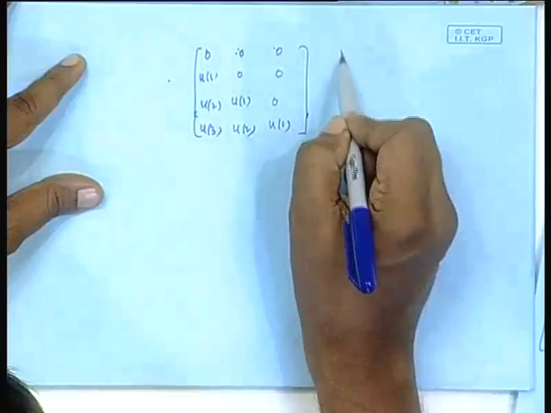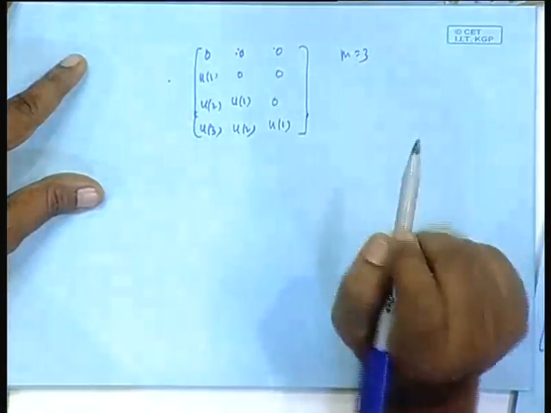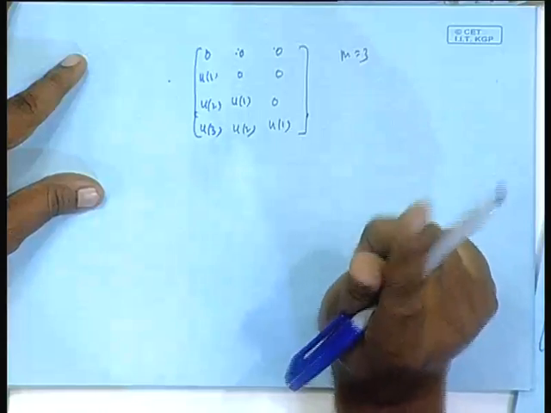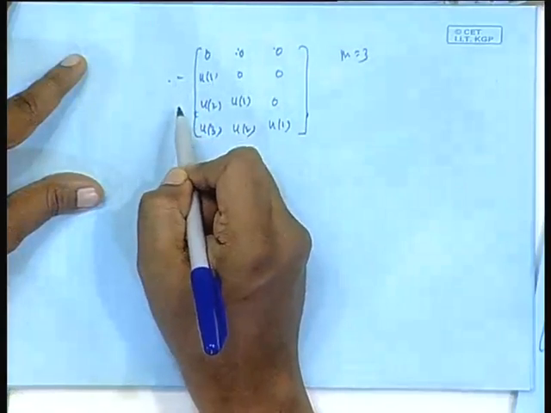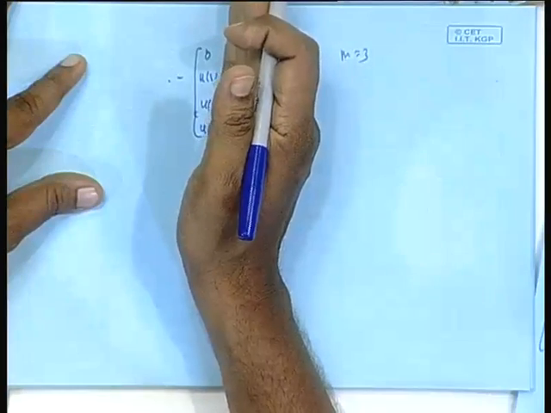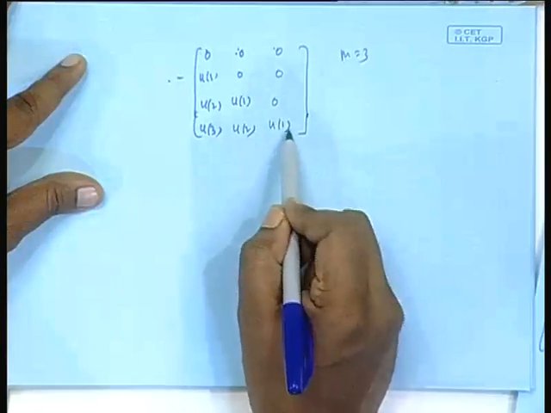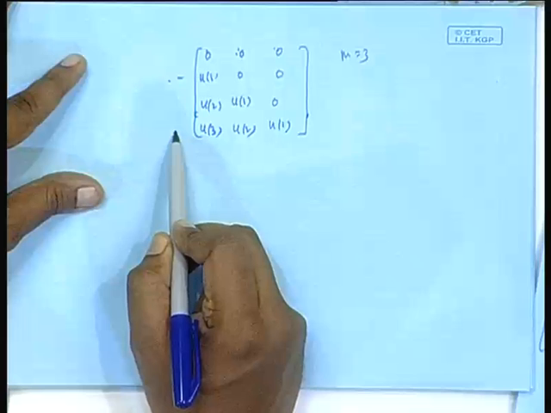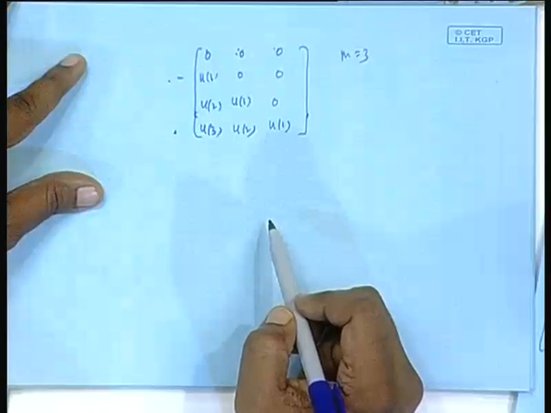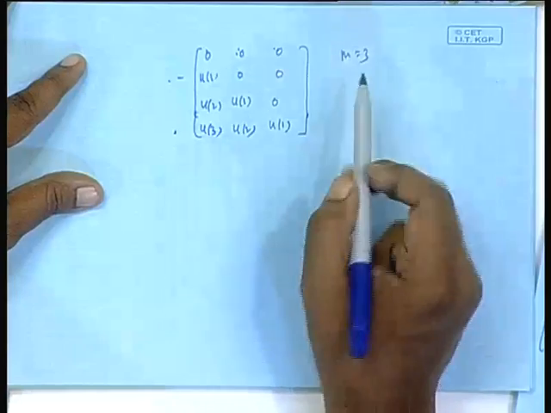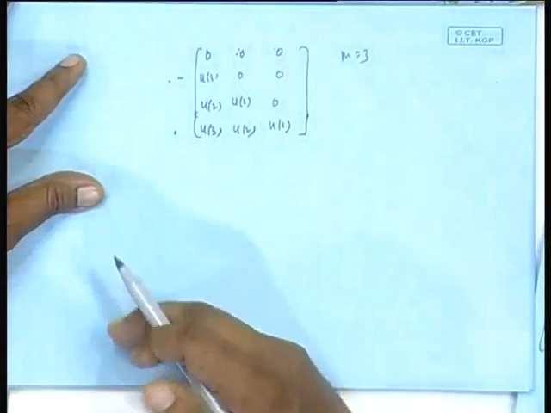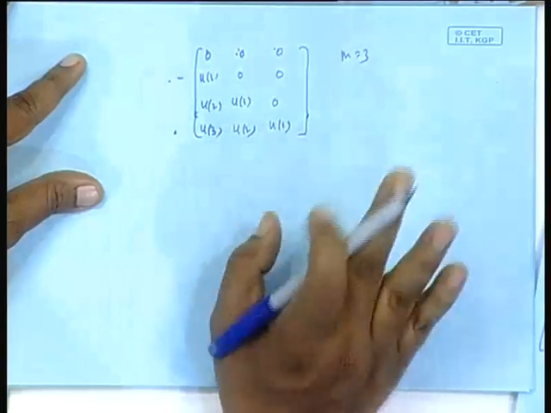One, two, three. Say we have the m equal to 3 case. At n equal to 1, I will not consider these 2 rows, columns. My purpose is to find out at n equal to 3, I should be able to get that Rn matrix. At n equal to 3, because my final m is 3, that is realized, and after that n moves, but m does not change, I will not have that problem.